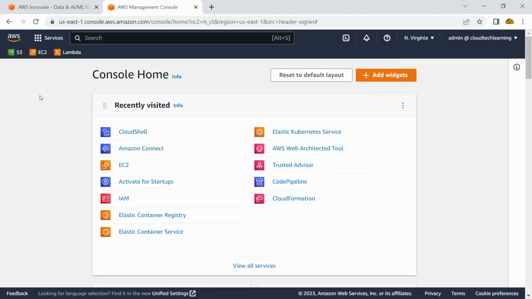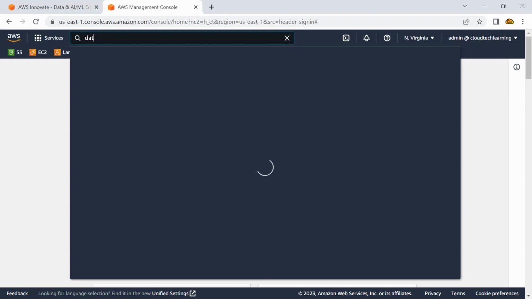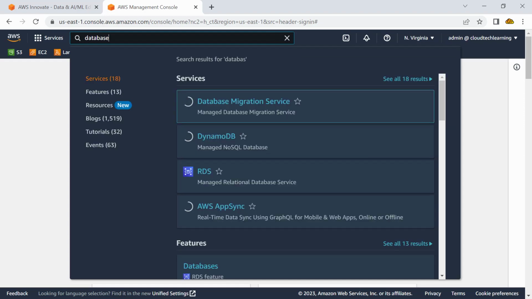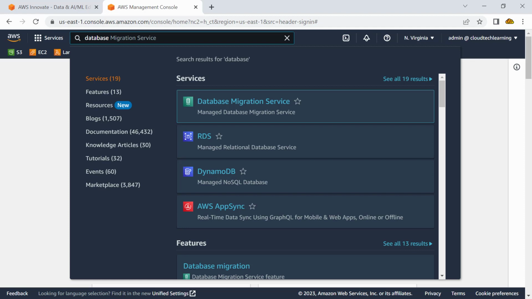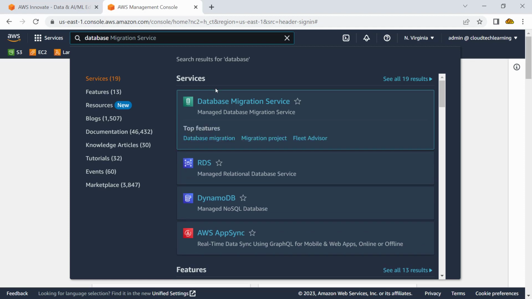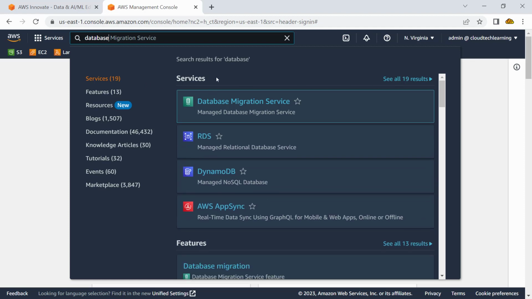This console can be a very useful tool to get started with. I would see a search option here. Let's say I want to work on a specific service. Before you know about services, you may just want to utilize one, say I just want to create a database in the cloud. So just type database here. It would start listing all the services which have something to do with databases, and you could see there are 19 results coming up.